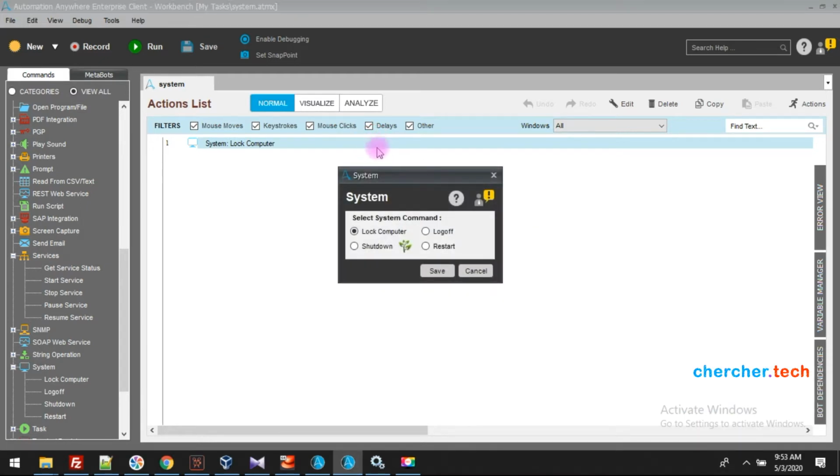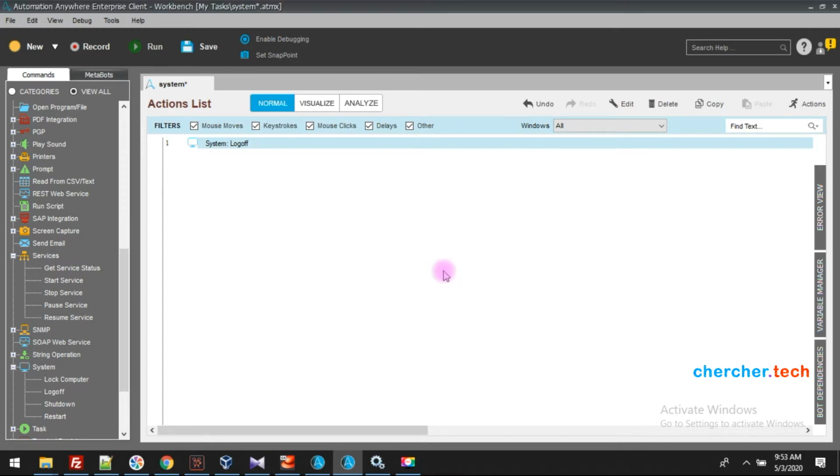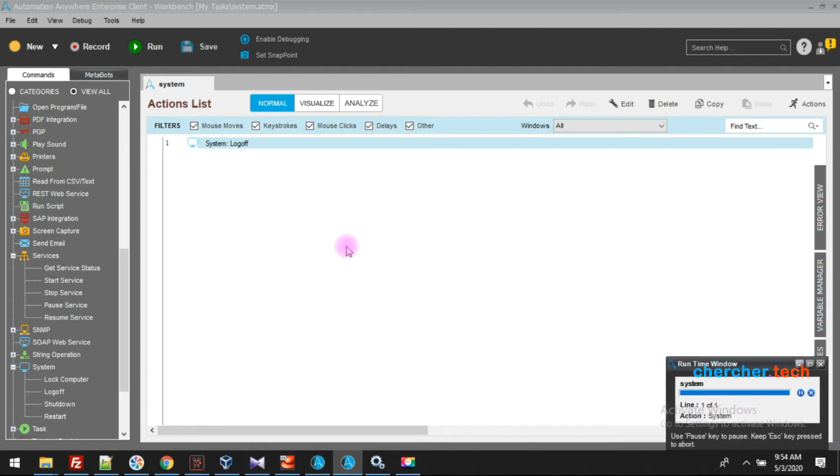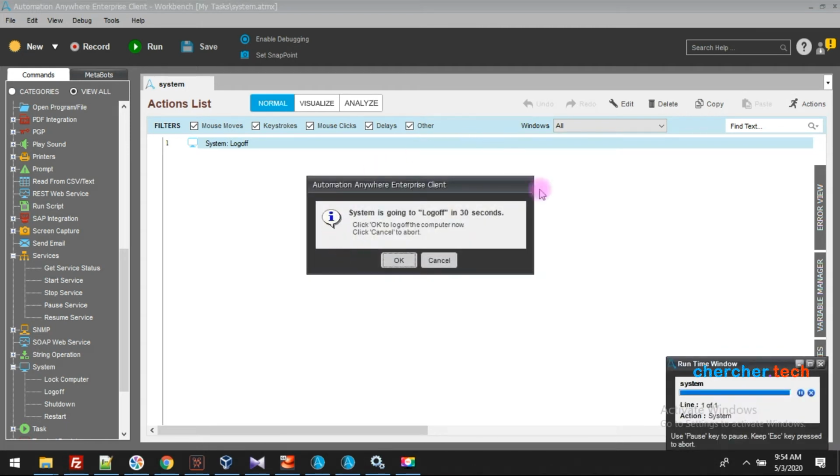Similarly, you can edit the same command and pick another command like Log Off. So here itself I'm going to pick Log Off and save. Save the bot and rerun it. Again the same pop-up came with the time limit of 30 seconds.